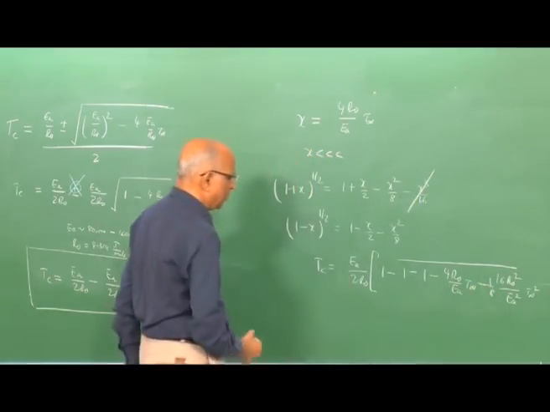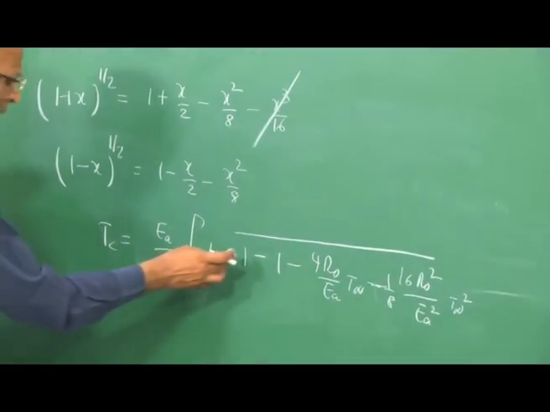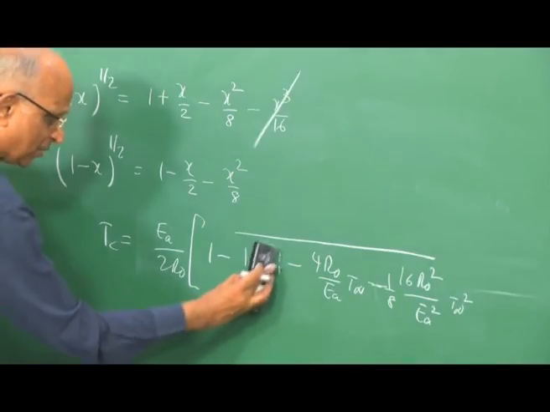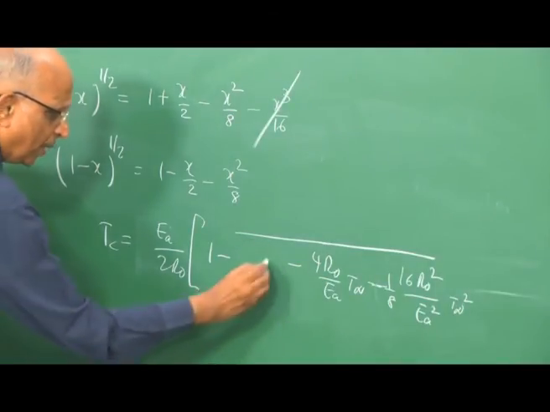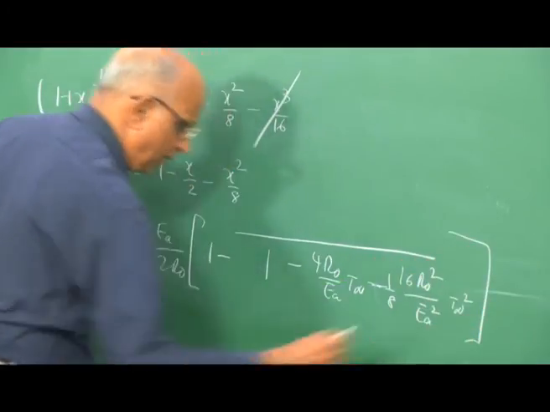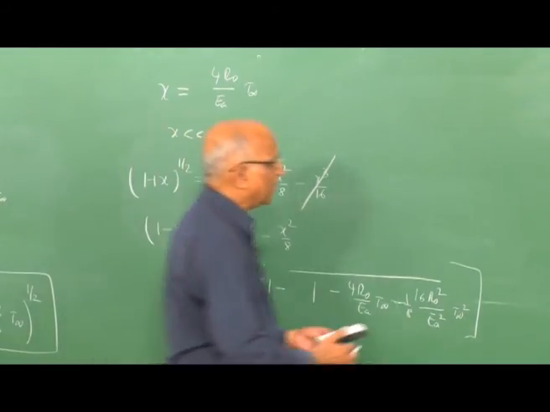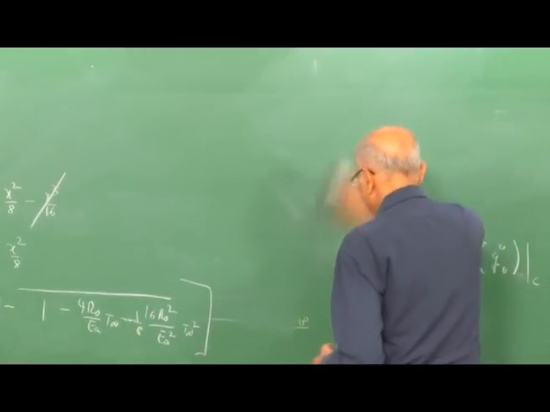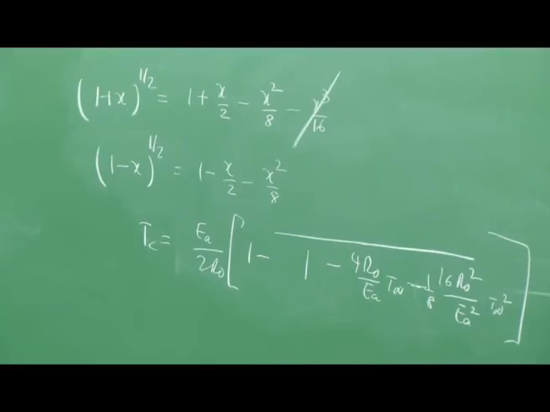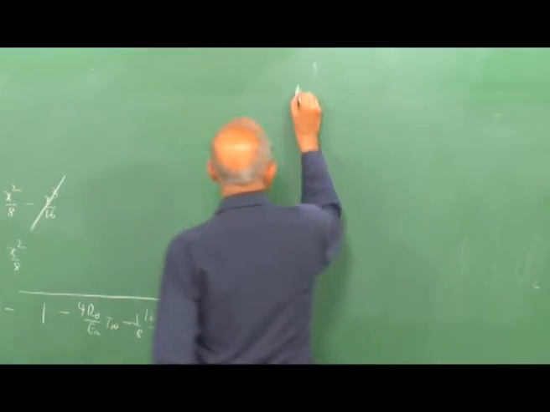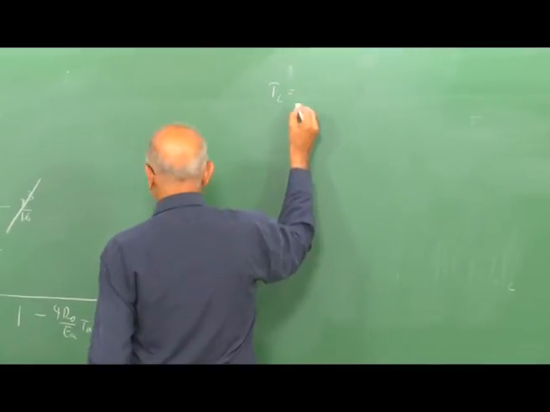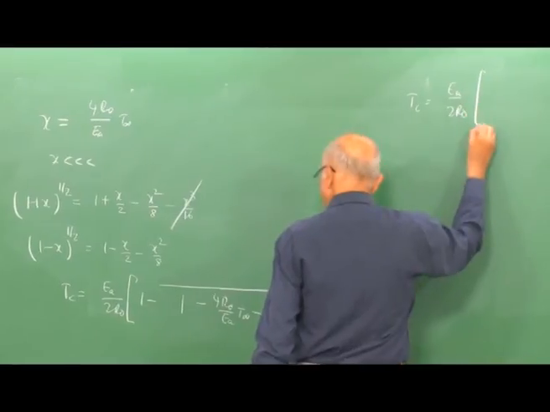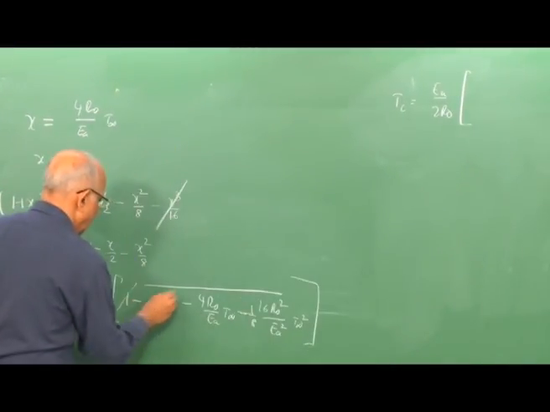and therefore I have to just simplify it. Immediately what is it I have written here: 1 minus, I have 1 minus, therefore I have repeated this twice, therefore I have 1 minus 1 within this particular bracket, and if I simplify this particular expression, what is it I get? Let us just write the expression and we could discuss it in the next lecture. What is it I get? I get T_c as equal to E_a/2R_0 into 1, and 1 gets cancelled.